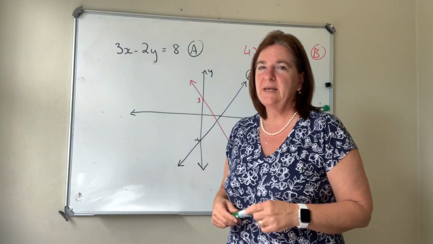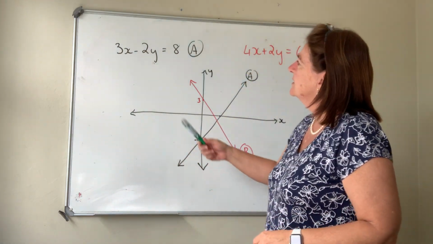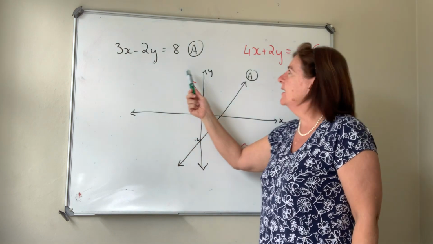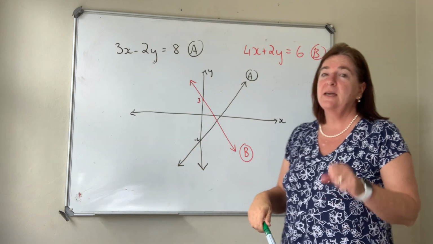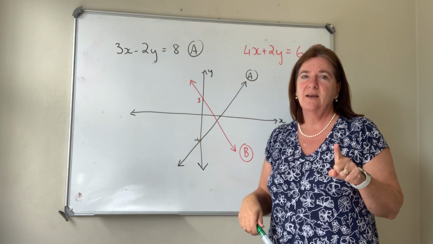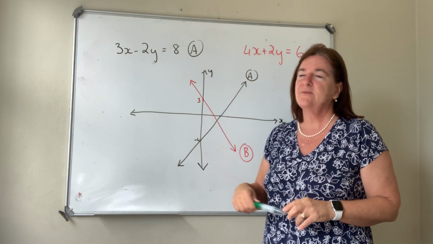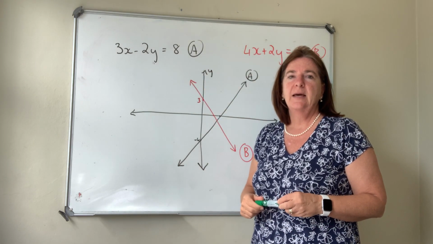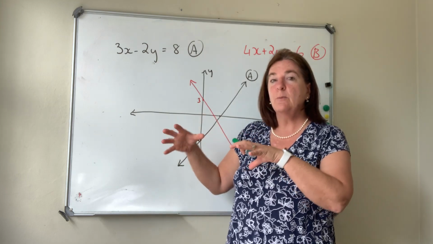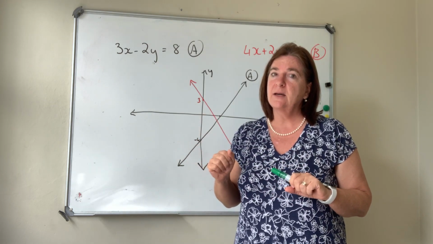So if we look at the board here, we've got our two equations again, equation A and equation B. Remember, there's only going to be one solution, one x and one y, that satisfies both of those equations, that makes them true. Now, if we take these equations and we graph them, remember anything in maths can always be